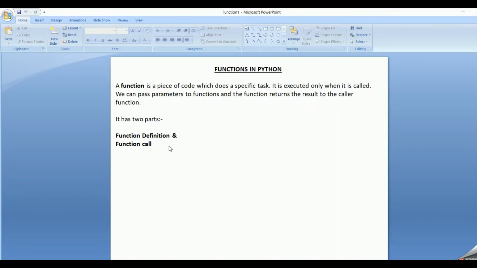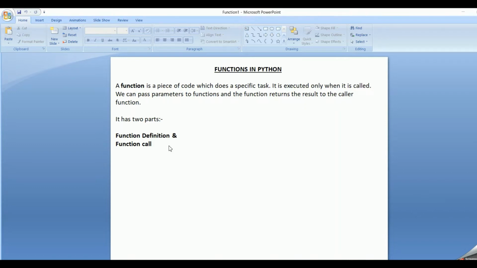So what are the uses of functions? Instead of writing the same code again and again in different parts of the program, we can write it in one particular location and call it whenever it is required. So we are reusing the same code and avoiding repetition. And if we modify it in one particular location, it takes effect when we call it from different locations; we need not modify different parts of the program.